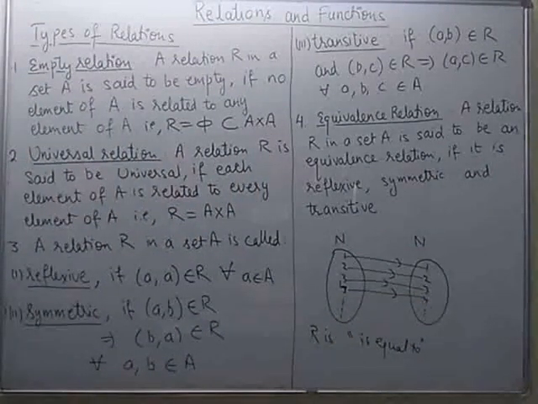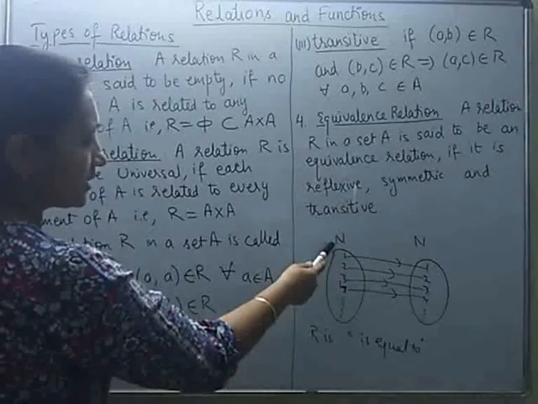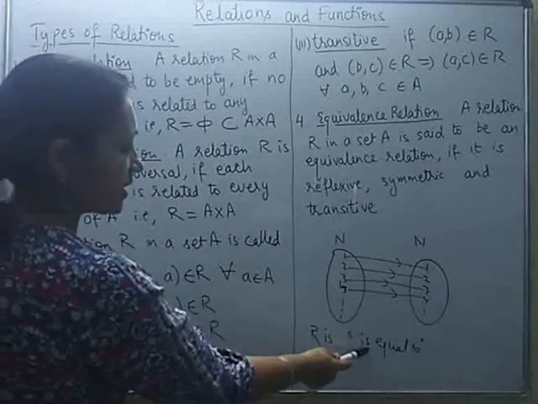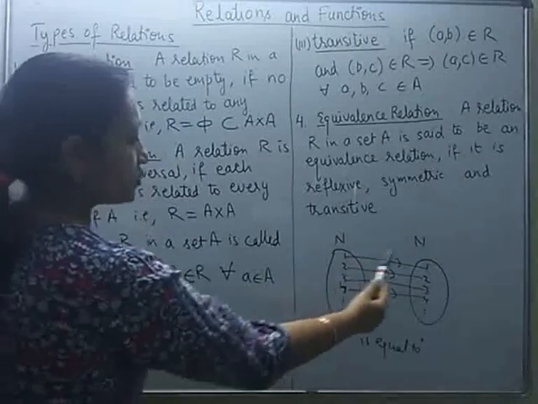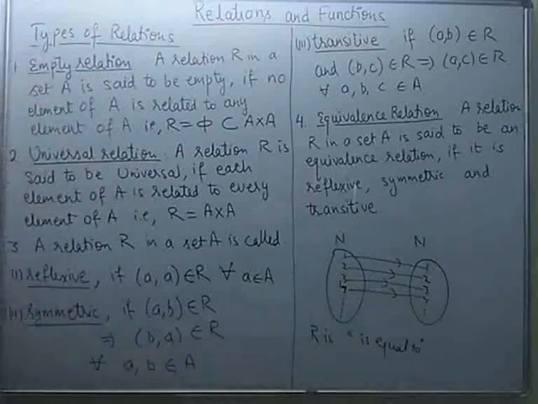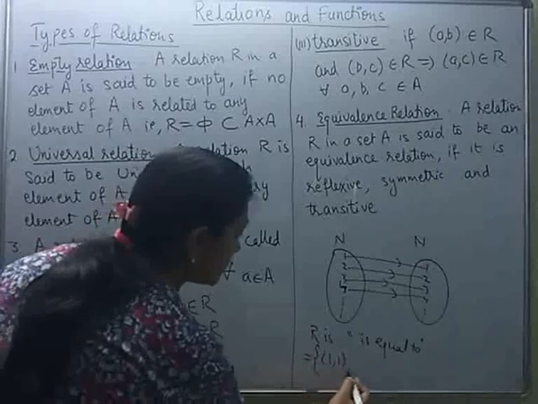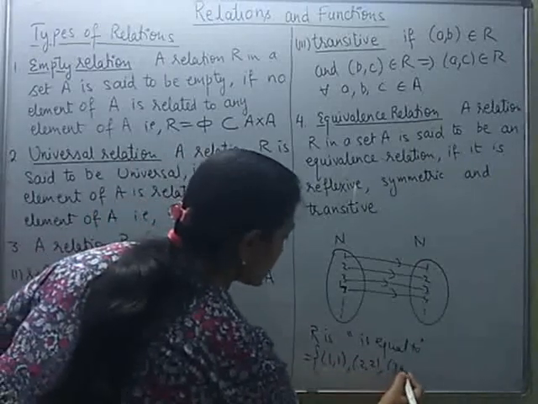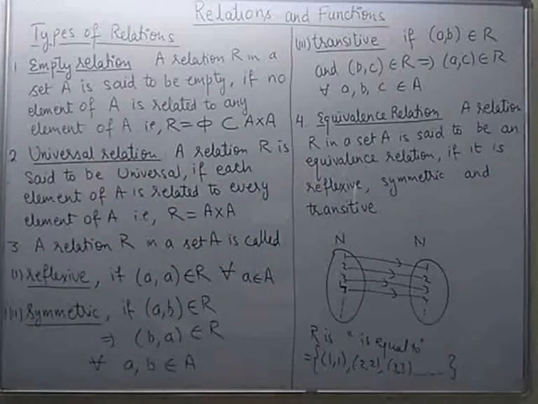So this is one very simple example I have given you to make out when we can call a relation reflexive. You can see every element of this set, that is natural numbers, is satisfying the given relation with itself. So 1 is equal to 1, 2 is equal to 2, 3 is equal to 3. What kind of pairs am I going to get in this set? We will have the pairs (1,1), (2,2), (3,3) and so on. If this condition is met, then the relation can be termed as reflexive.